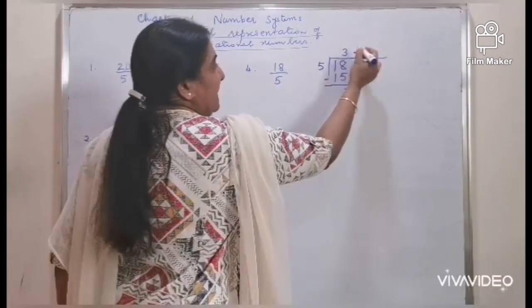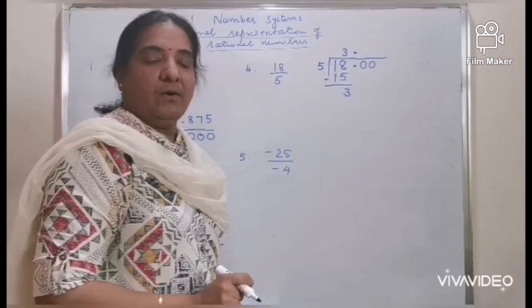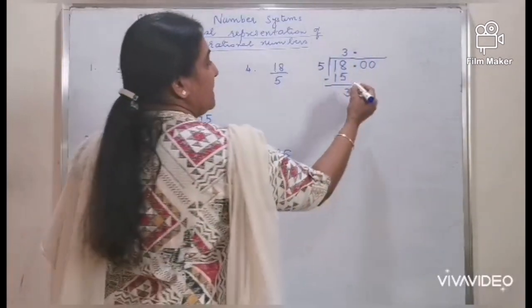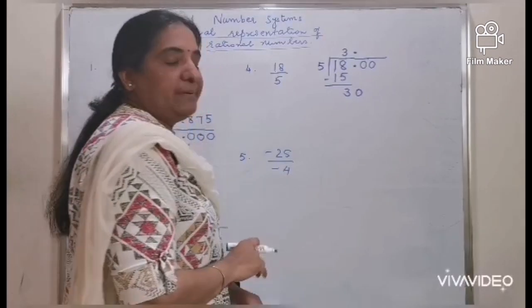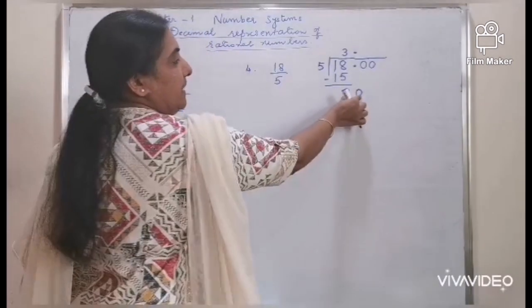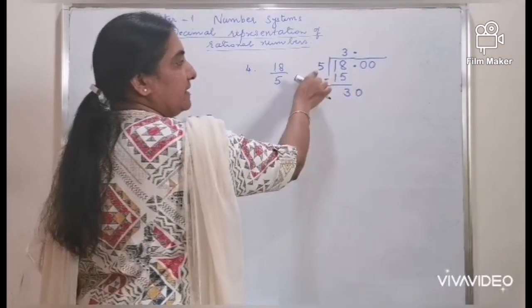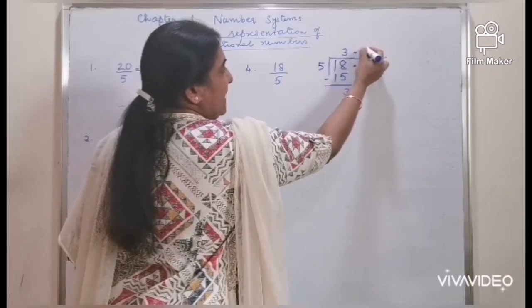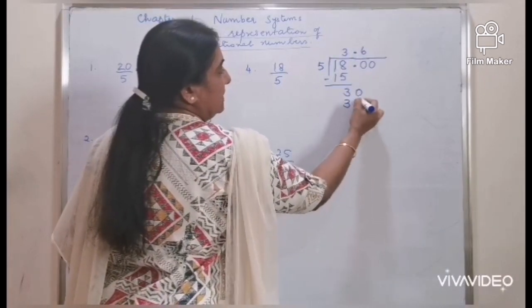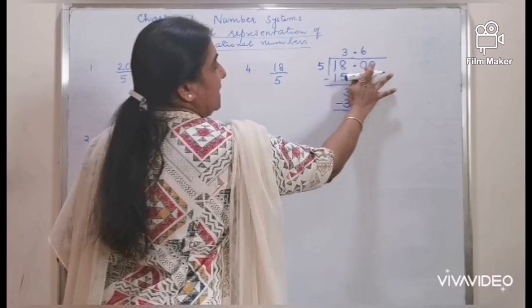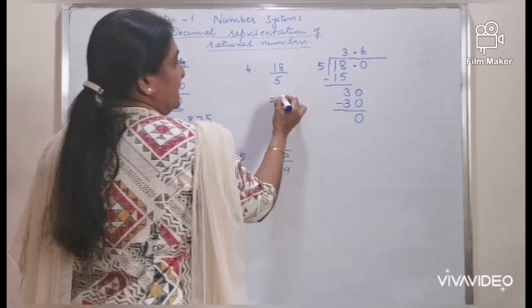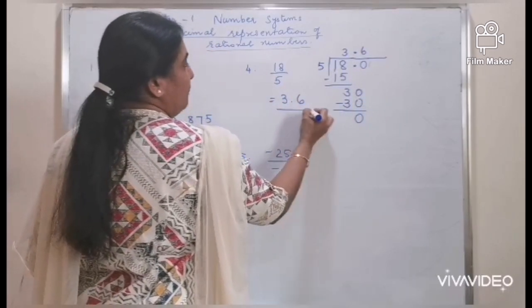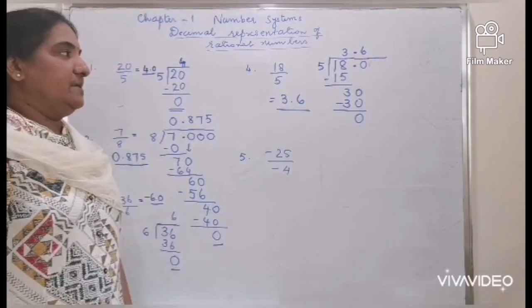First, immediately place the decimal on the quotient side also. You can bring down the 0, which makes the number 30. The dividend is 30 and the divisor is 5. 5 6s are 30. It is becoming 0. So the decimal representation of 18 by 5 is